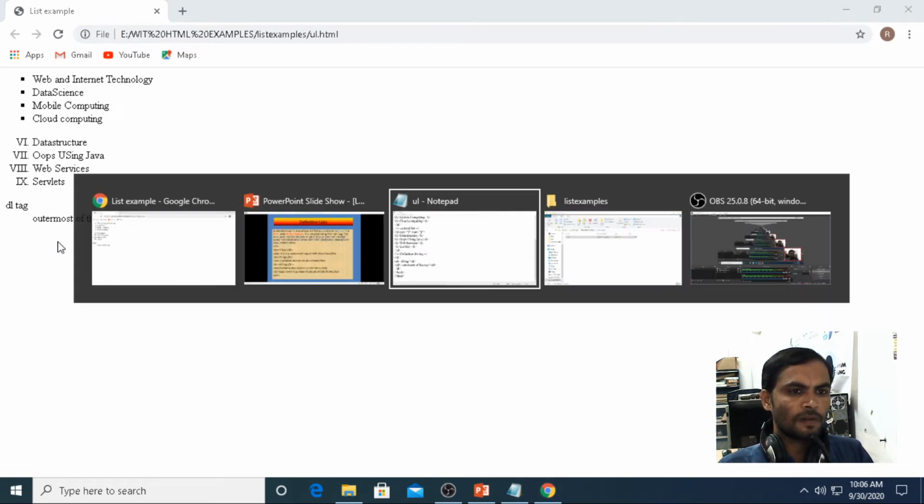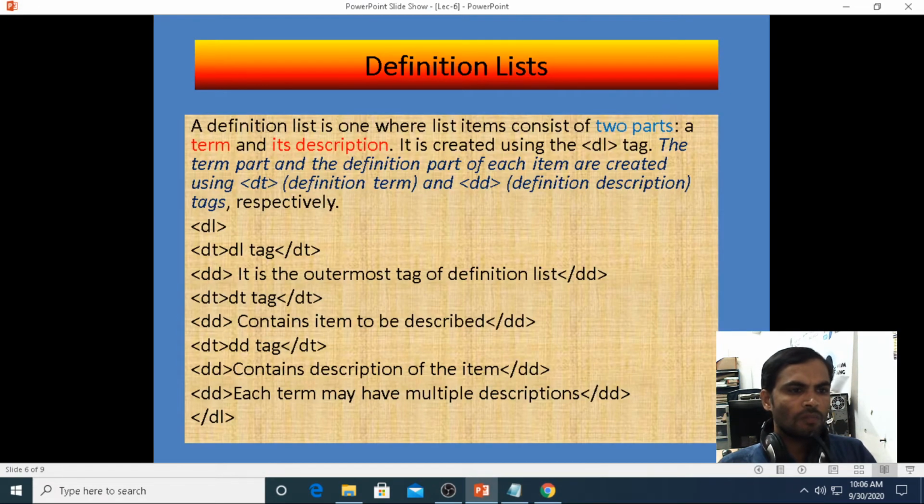See here. When you are using the DL tag, it is the outermost tag of the definition list. If you are using DT, it contains the item to be described.